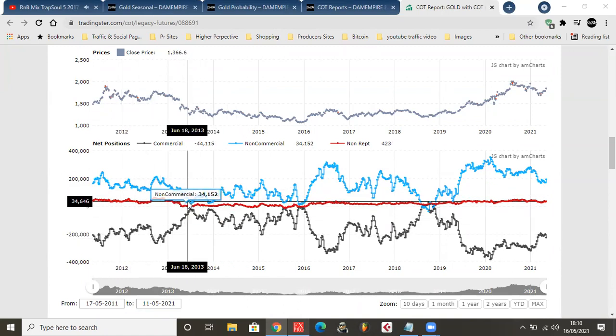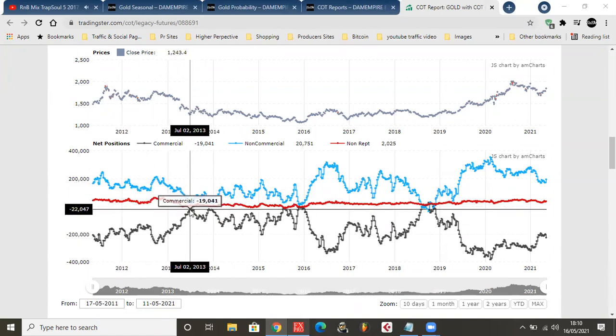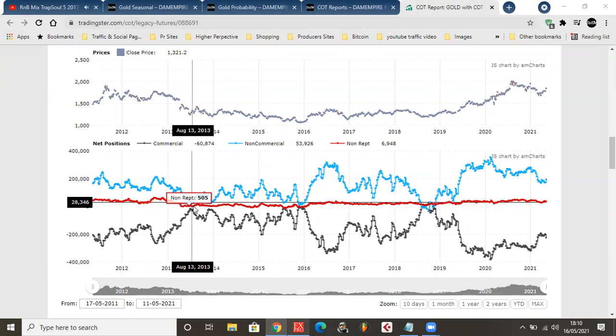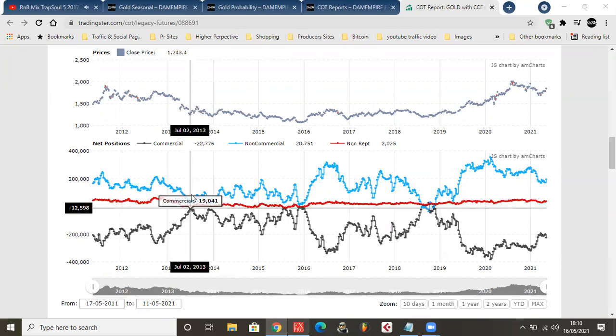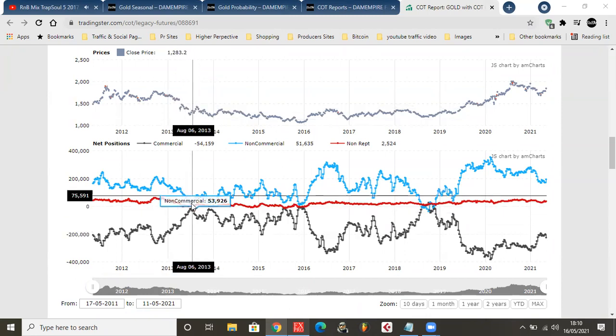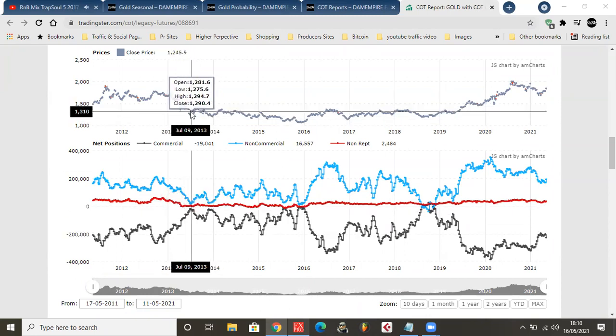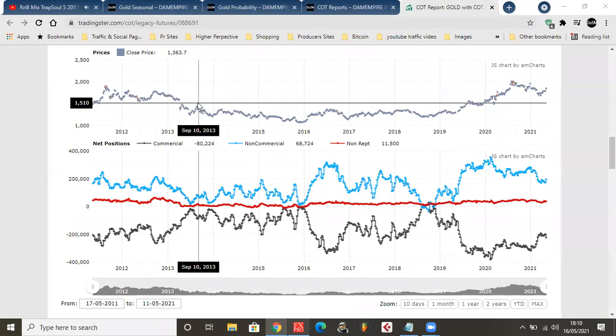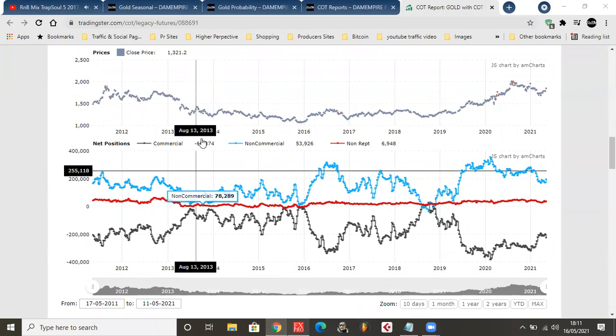So now if you look at this part right here, when they went all long, a lot of them went long. Now keep in mind this is in weeks, right? This is not days, this is weeks, not hours. So see when they're at the peak right here, look at what happened to the price. The top here is the price of gold, while here are their positions. And see what happened. Not too long after that, price tended to move up.